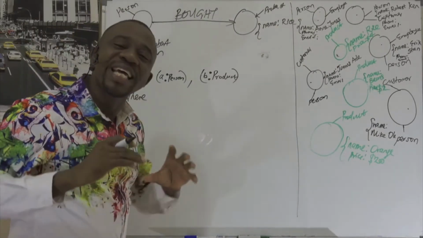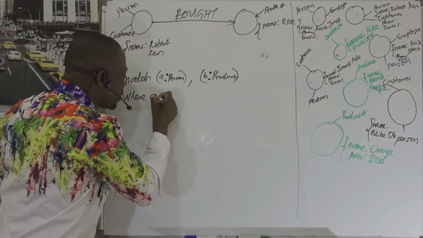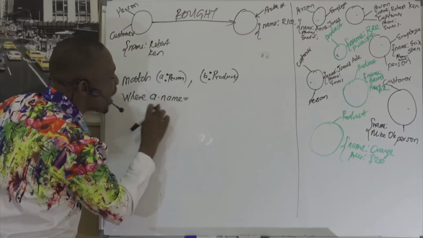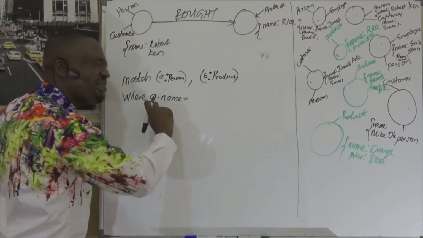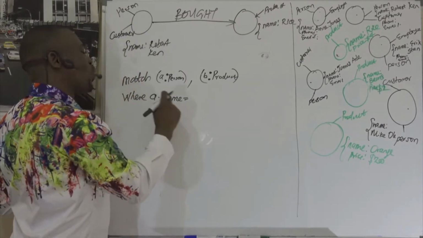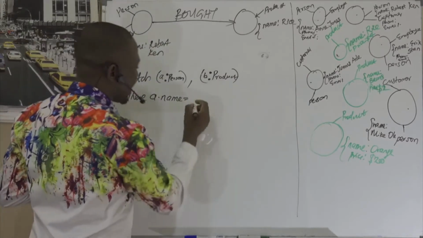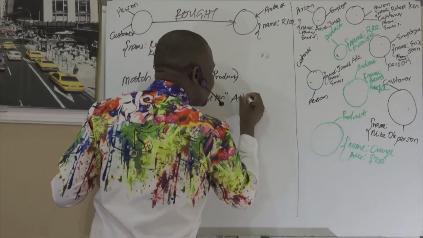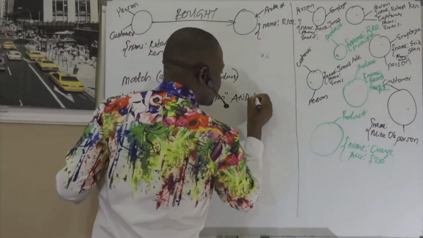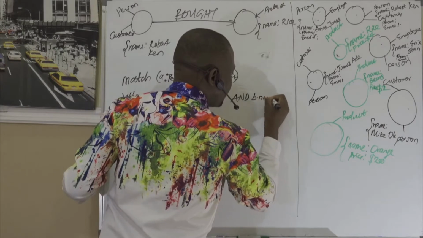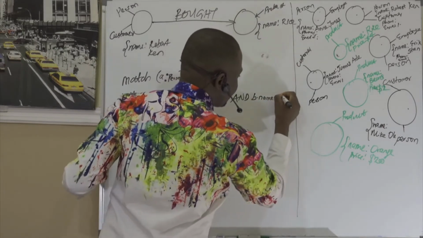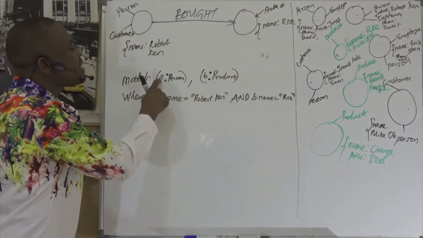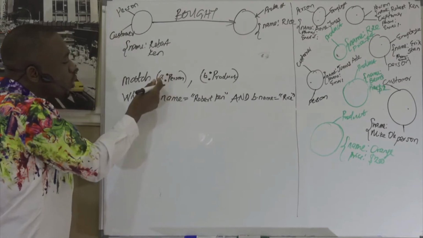But if you want to know, okay, is the node that has this, A.name equal to what? That is what now, we are not streamlining it now. We are now filtering it now. Saying A.name is who? Robot Ken. And B.name is equal to Rice. See? So the reason why we put this reference now is for us to be able to call this line